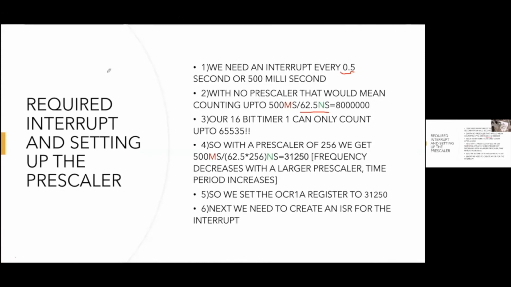So basically, with no prescaler, that would mean that our timer, which is running with a 16 megahertz clock, will need to count up to 80 lakh, that is 8 million. It has to count up to 8 million in order for the interrupt to happen, right? Because we want an interrupt every 500 milliseconds.